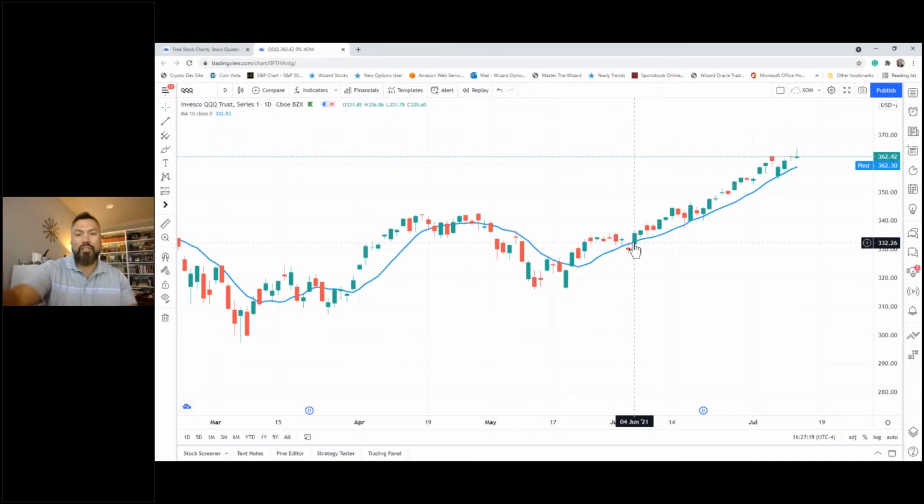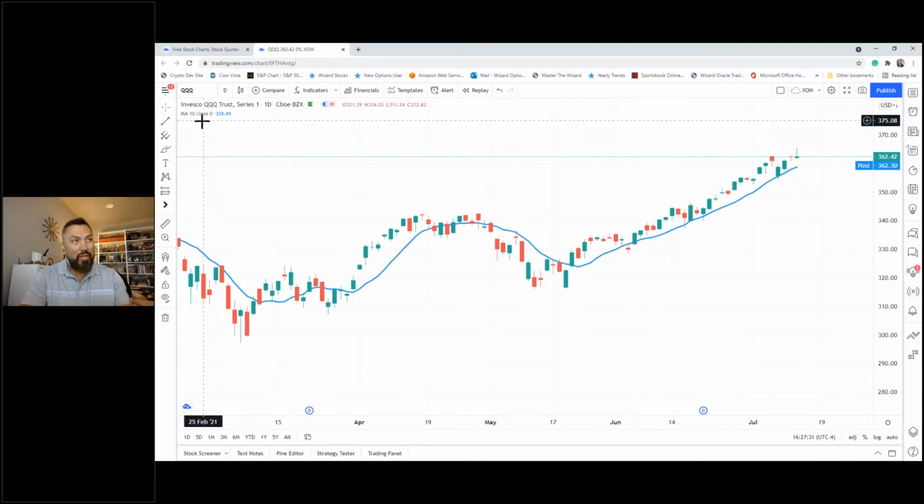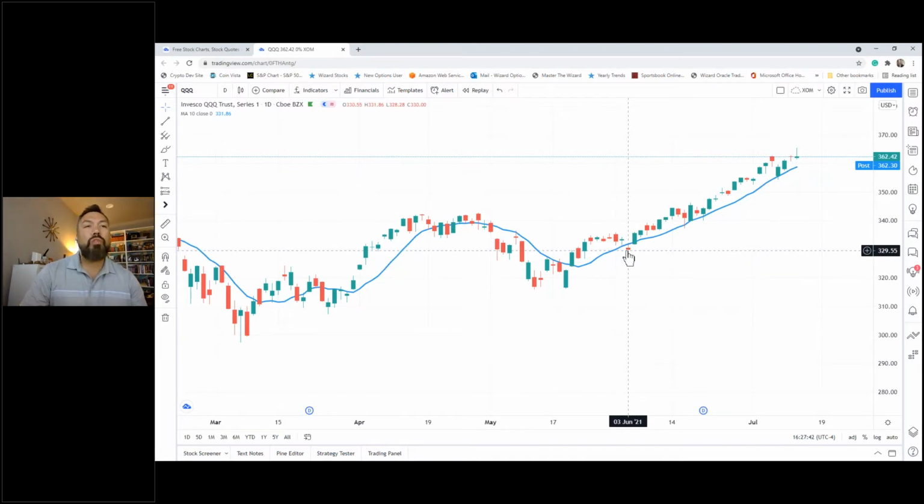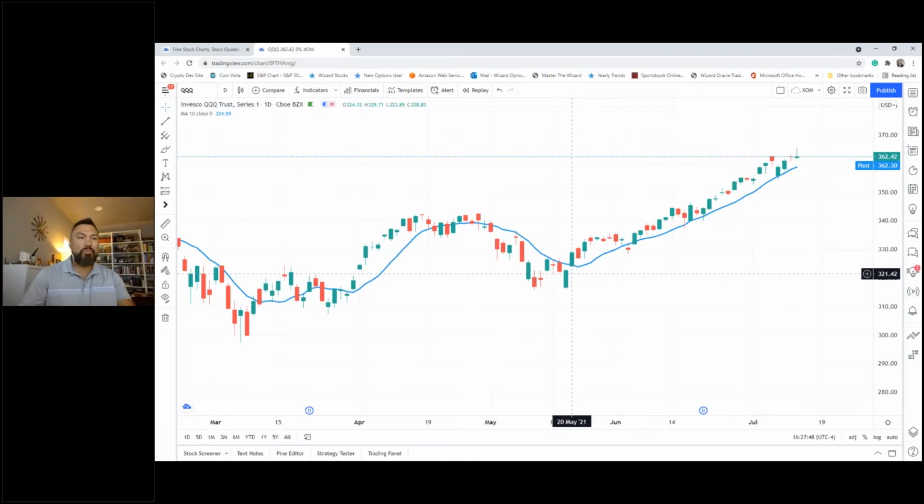June 4th. Sorry, my computer monitor is blocking my big screen. So June 4th. You can see just from June 4th, as soon as we got above that 10-day average now, because now I'm on 10, this is now daily, so that's a 10-day average, we've been bullish. We only had a real bear move one day below that blue line, which was on June 3rd. But really starting on May 20th, we went over that average.